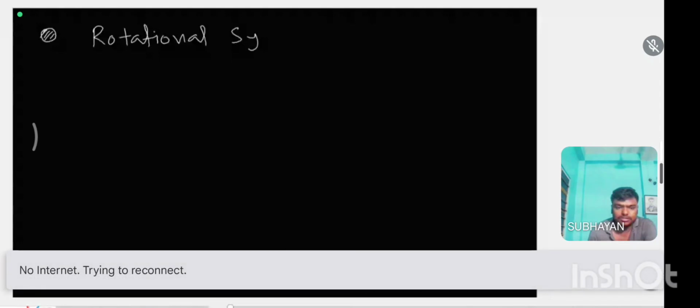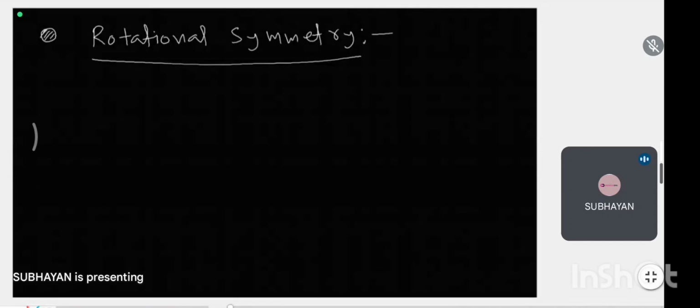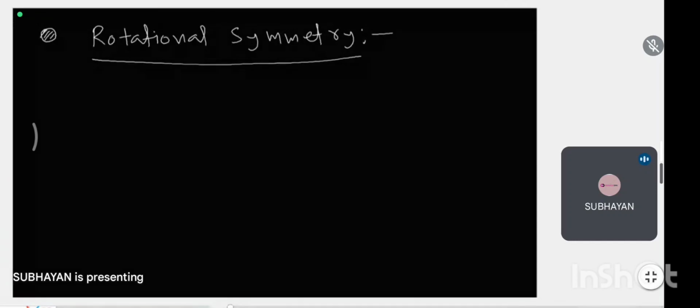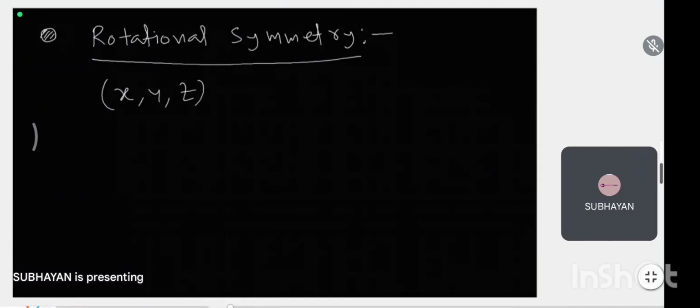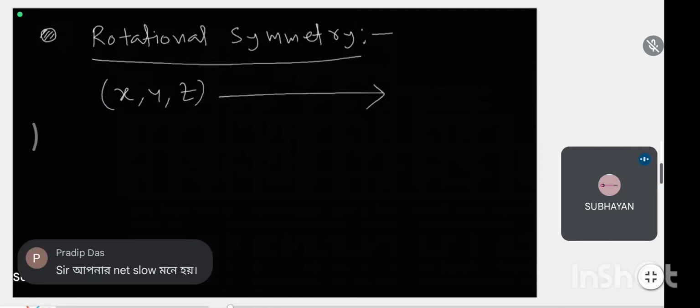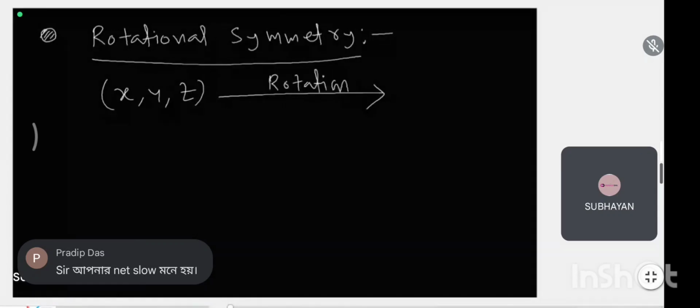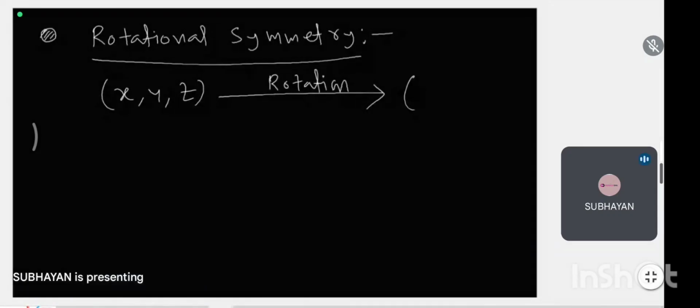Rotational symmetry. So what does it mean? Under any rotation with an arbitrary angle theta, the system remains invariant. Okay. So mathematically, suppose the coordinate of a system is initially at x, y, z, and after any arbitrary rotation, it goes to